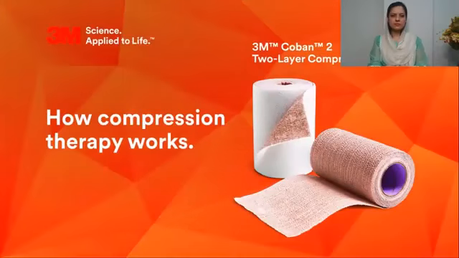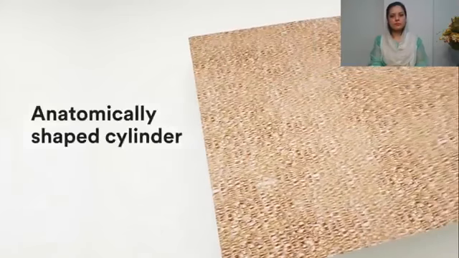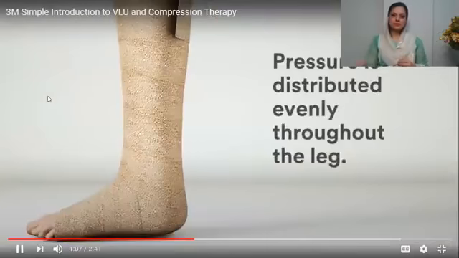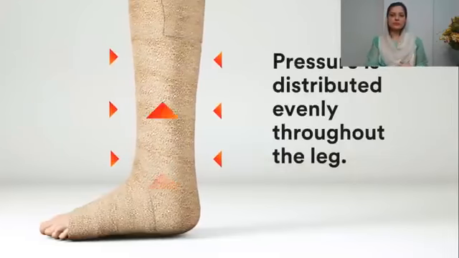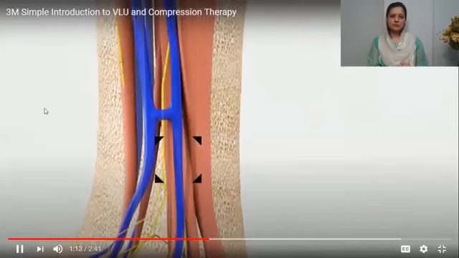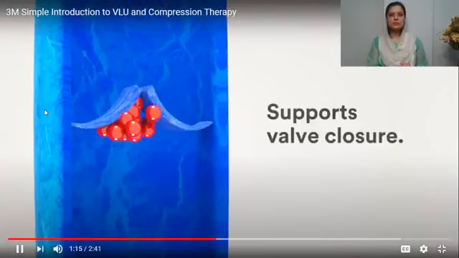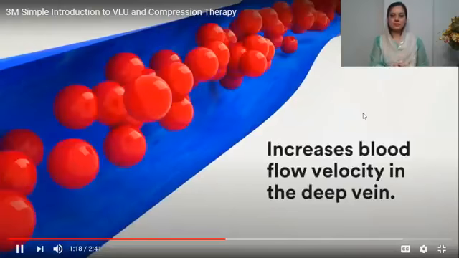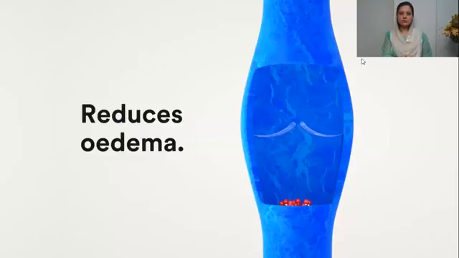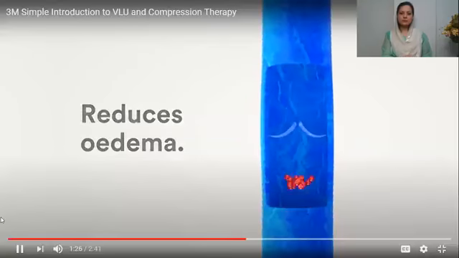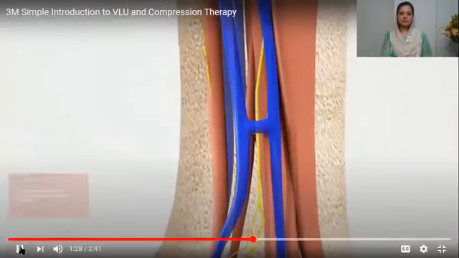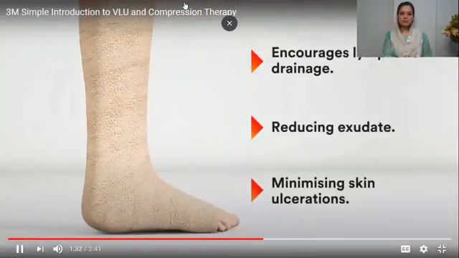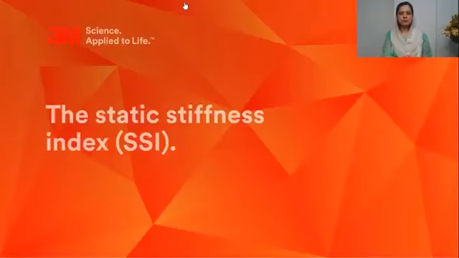Compression therapy provides a stiff and anatomically shaped cylinder against which muscles in the calf can contract. The increased pressure is distributed evenly throughout the leg, supporting the calf muscle pump. This decreases the capacity and pressure in the superficial vein, supporting valve closure, which aids venous return by increasing the blood flow velocity in the deep vein. This reduces edema by opposing leakage of fluid from the capillaries into tissues, encouraging lymphatic drainage, reducing exudate, and minimizing skin ulcerations. The effectiveness of compression is determined by the degree of